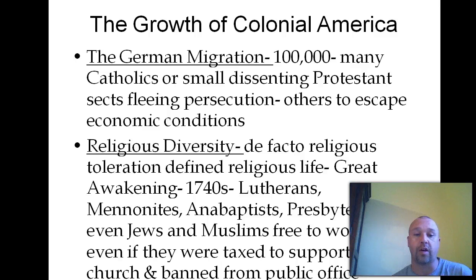And there was lots of religious diversity in the colonies. Religious toleration defined religious life. In the Great Awakening, we'll see many groups like the Lutherans and the Mennonites, the Anabaptists, Presbyterians, even Jews and Muslims were free to worship in the British colonies. Even if they were taxed and had to support officially the church and were banned from public office, they could